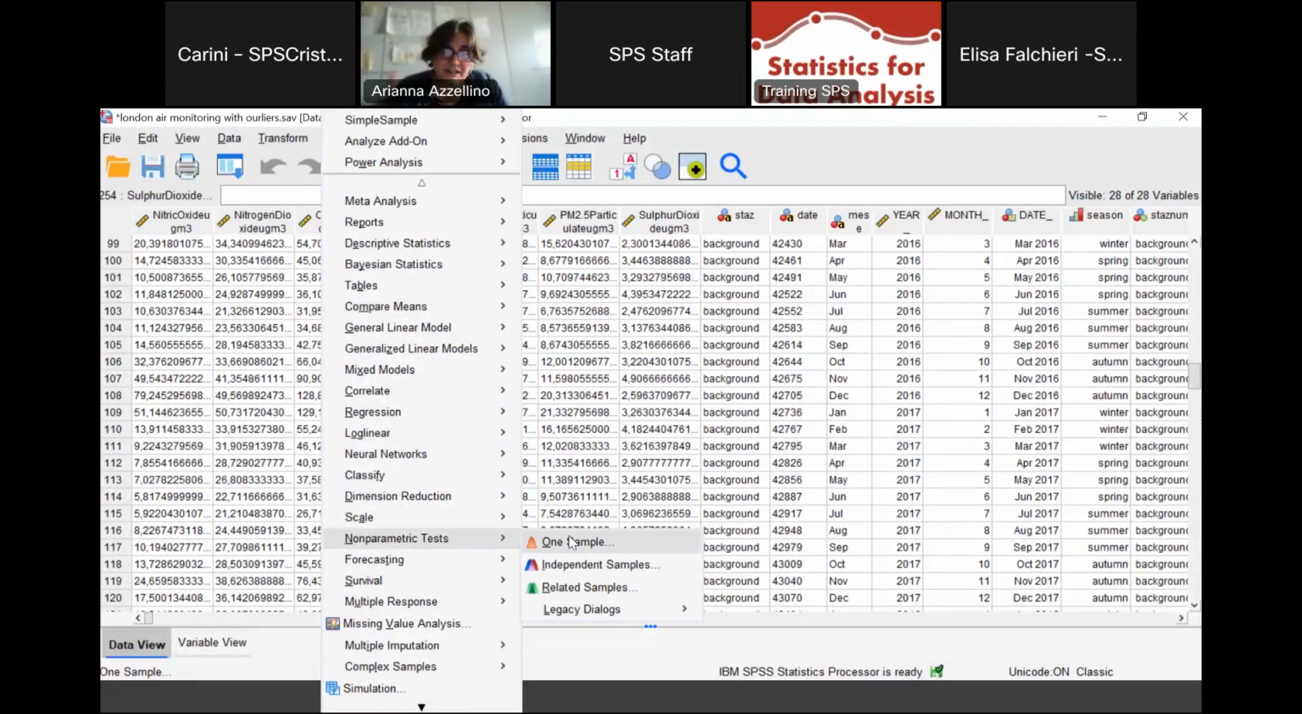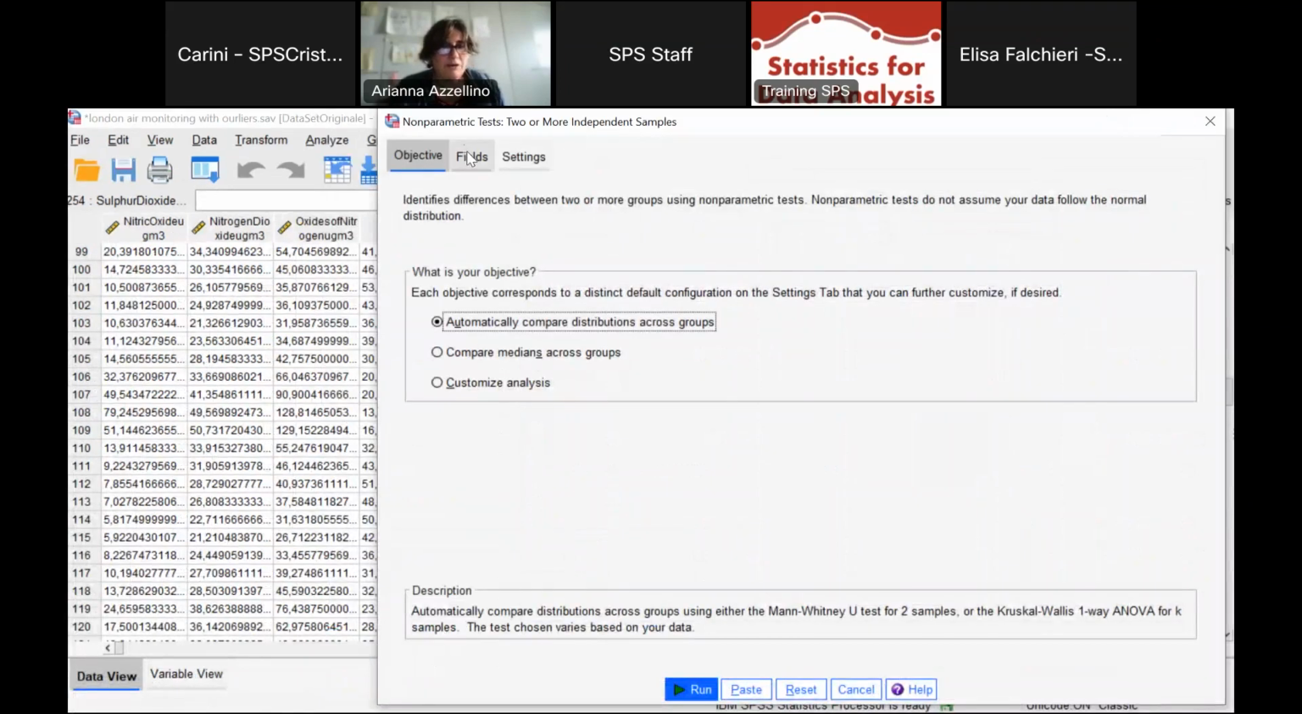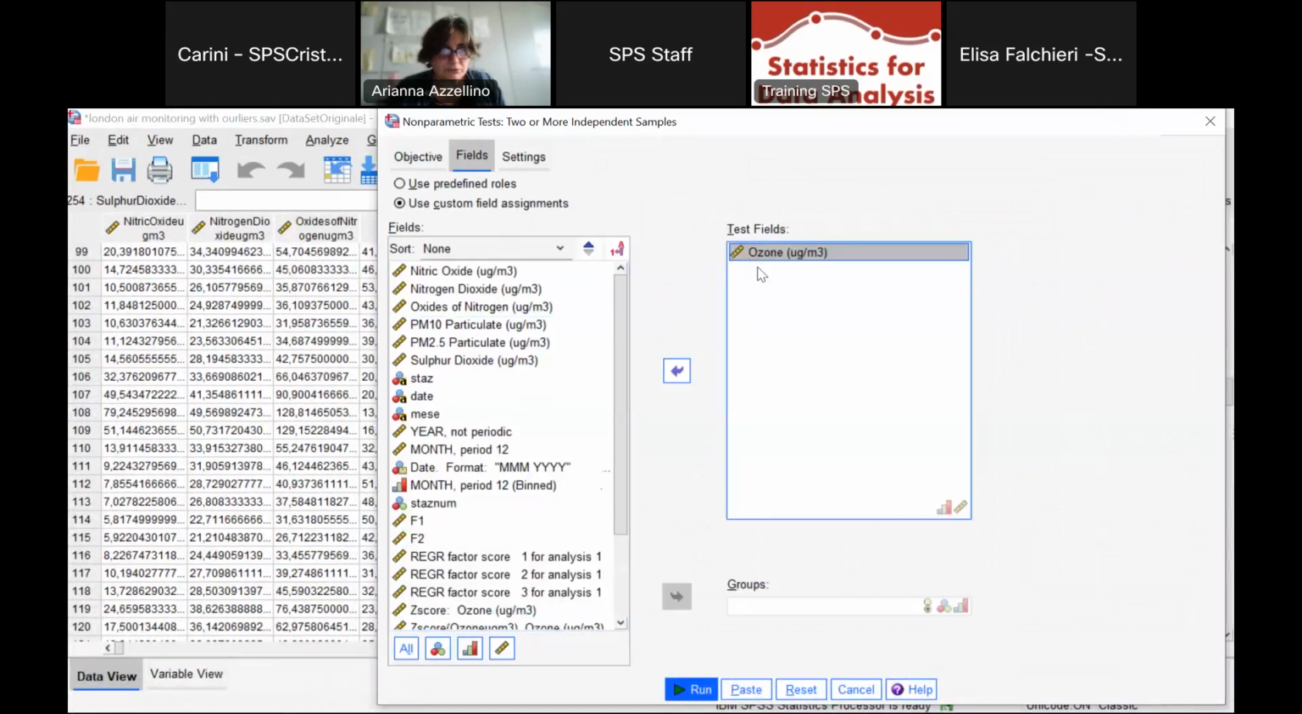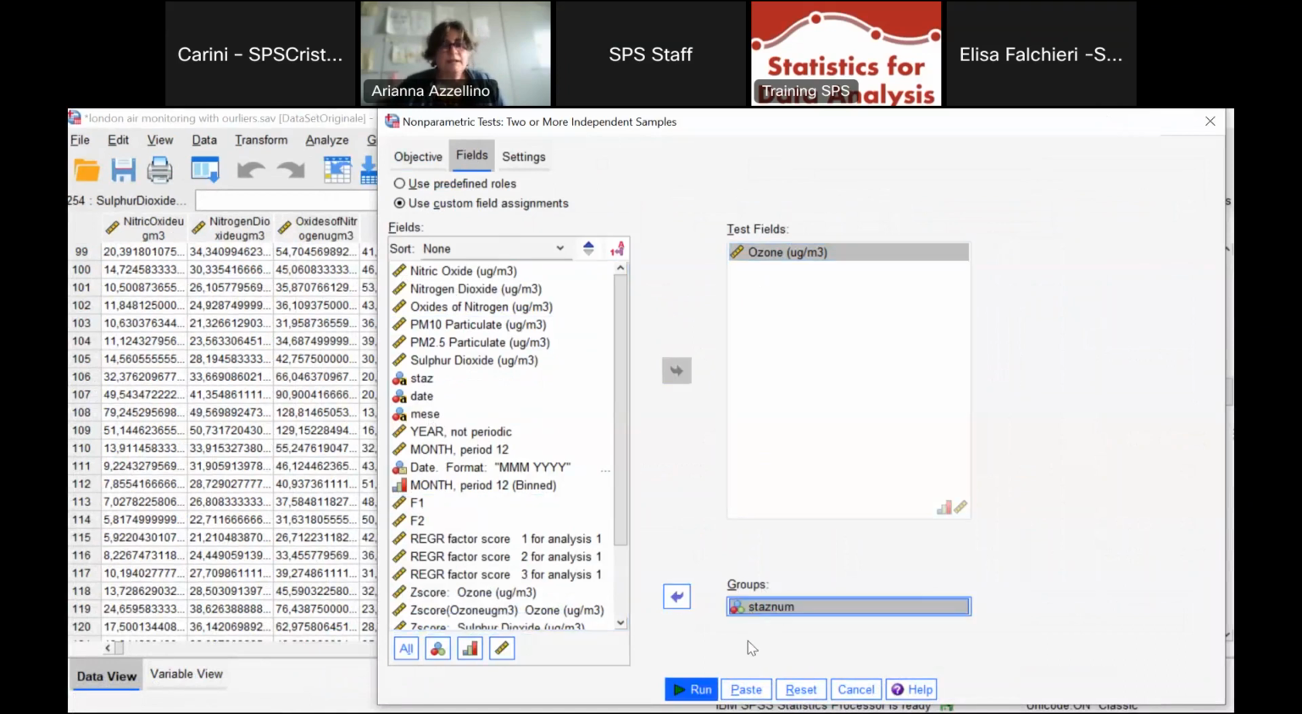The interesting characteristic of this menu is that I don't need to choose the test here. I simply need to choose the type of comparison I'm interested in. So I will select the independent sample. I will select the dependent variable, which is still ozone. And as you can see here, I still need to define the groups using the type of station I have